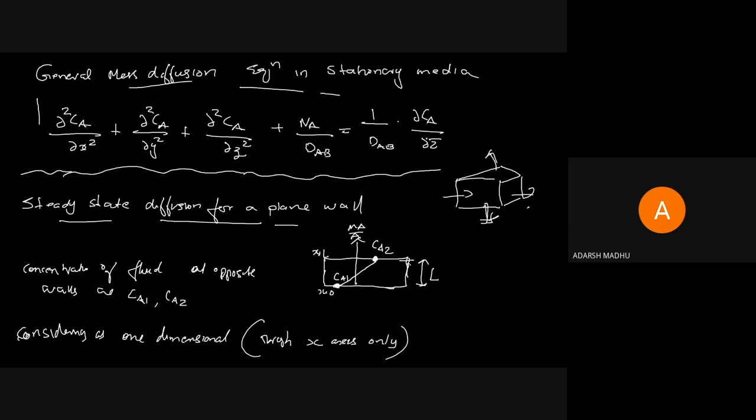The term 1/DAB dou CA by dou T will equal 0. Only dou square CA by dou x square will be the only term remaining here. This is for the whole general equation. For x-axis, y-axis, z-axis, the full equation applies. So if we are taking only the one dimensional equation, that is dou square CA by dou x square only, we can write the general equation as